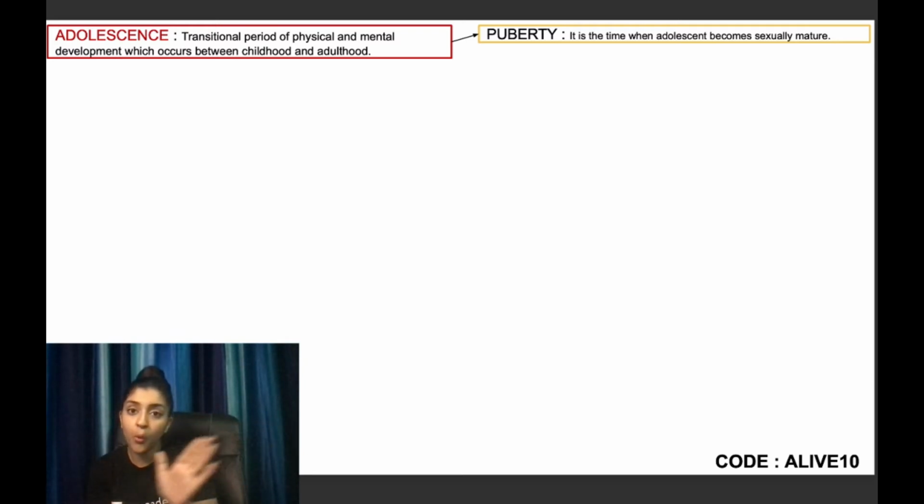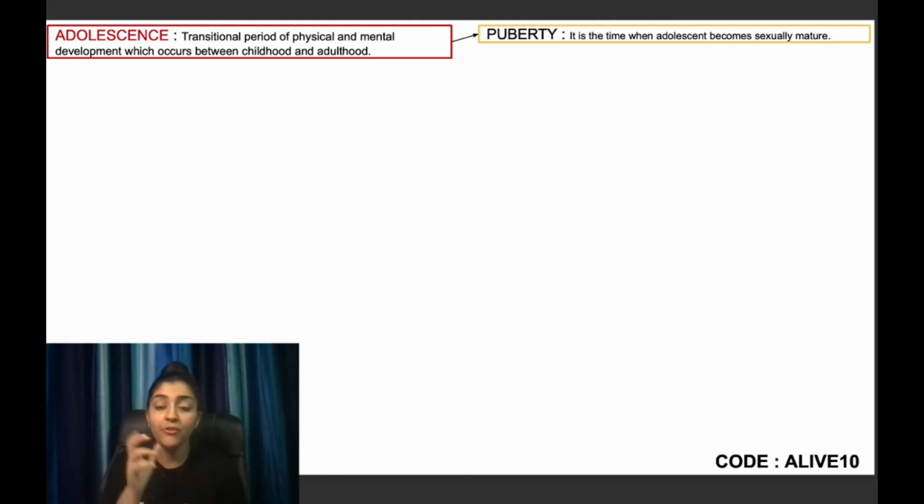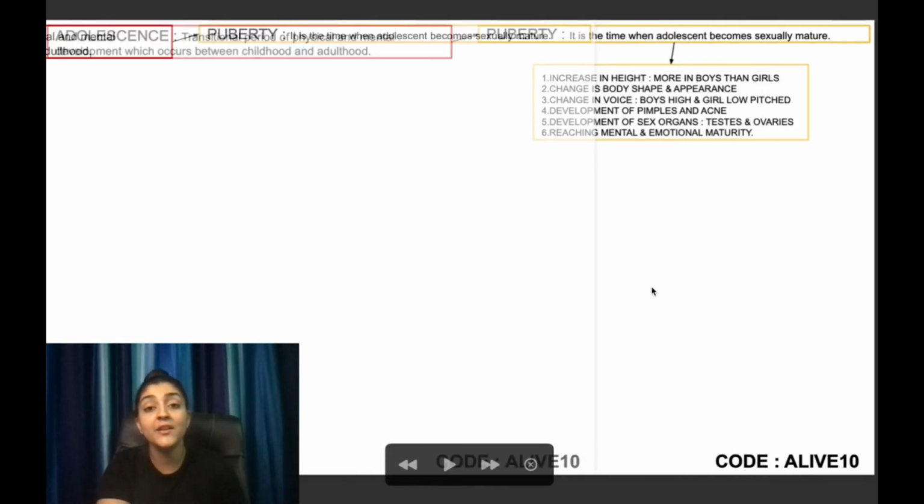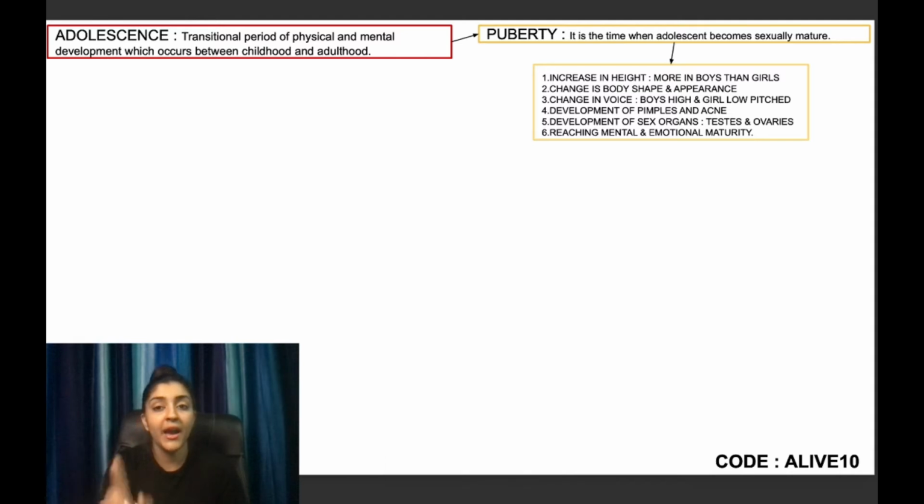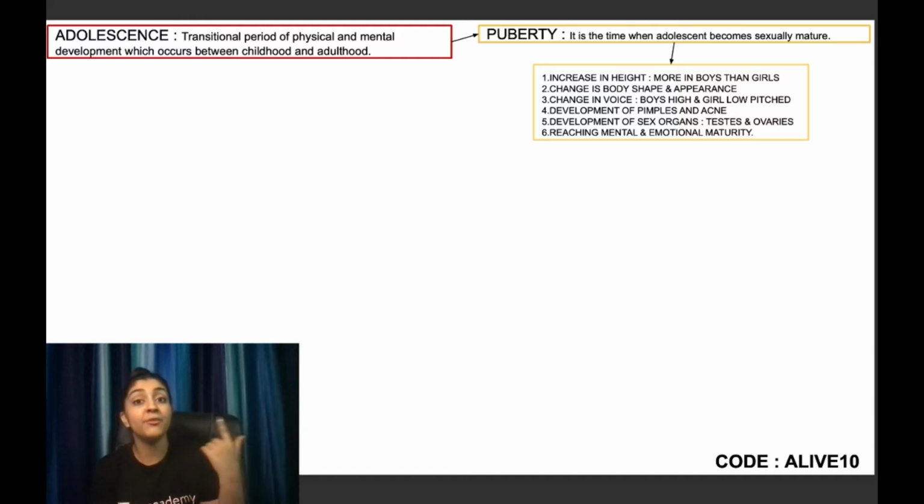So adolescence is a whole phase from childhood to adulthood, and one point in it is puberty, whenever you get sexual maturity. Now puberty has a very important subpoint, that is the changes in puberty. So I have put an up arrow, and I have also marked 1, 2, 3, 4, 5, 6 pointers, so that in the exam I can remember that there were 6 points that I need to remember. I have not elaborated the points at all. The concept of a mind map is to remember the point and then you can explain it, rather than writing the whole explanation in the mind map.